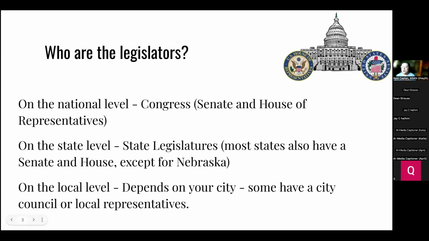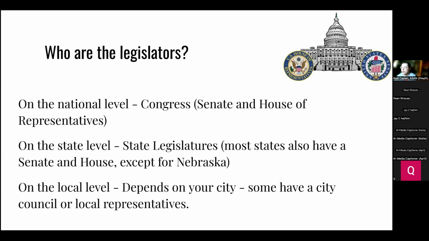And so in the United States, who are your legislators? There are three different levels of government. When you're looking at the national level for the whole United States, your legislative branch is Congress. And Congress has two parts to it: the Senate and the House of Representatives. Every state has two senators, and every state has a different number of representatives based on how many people